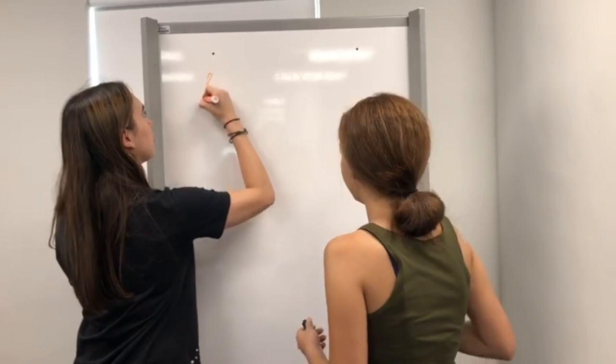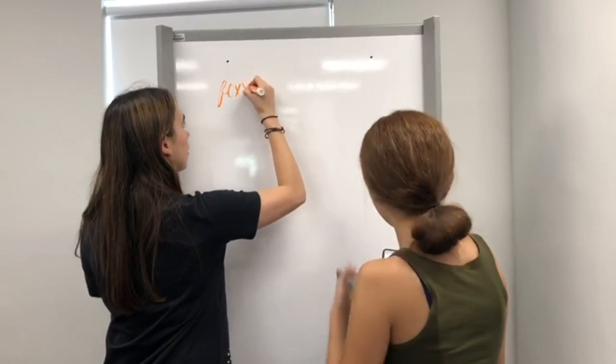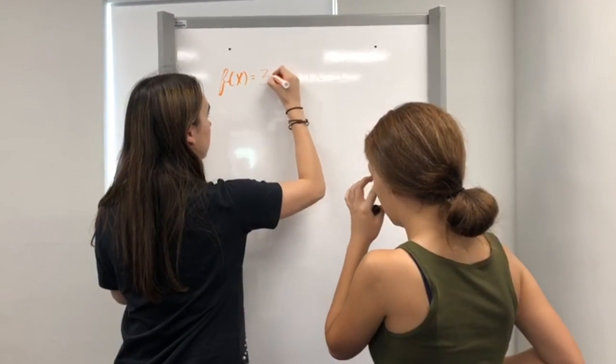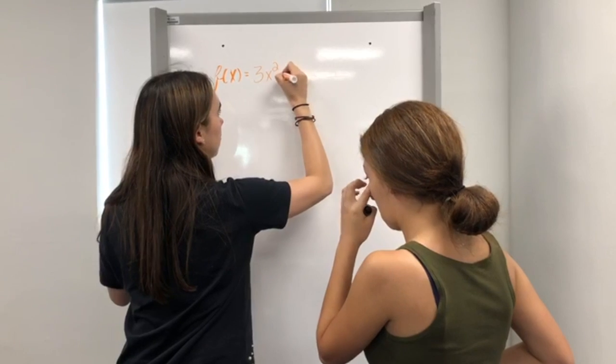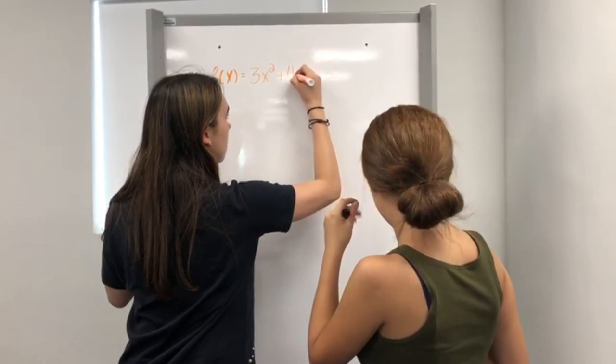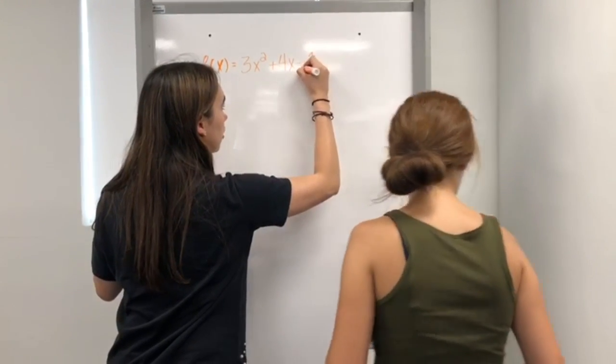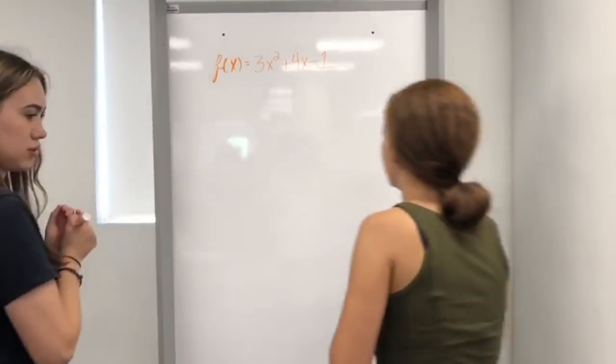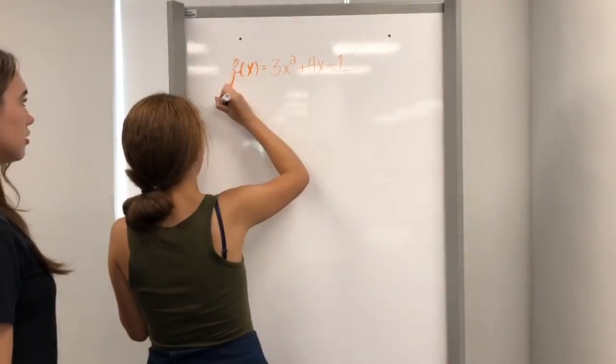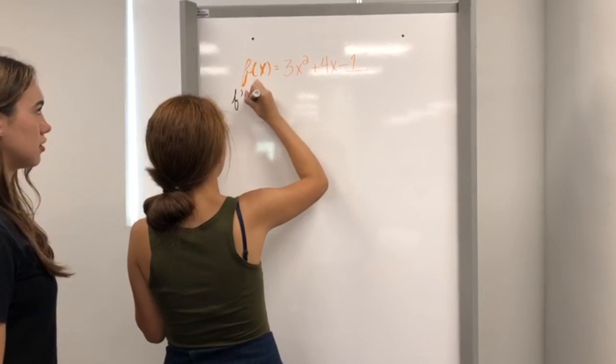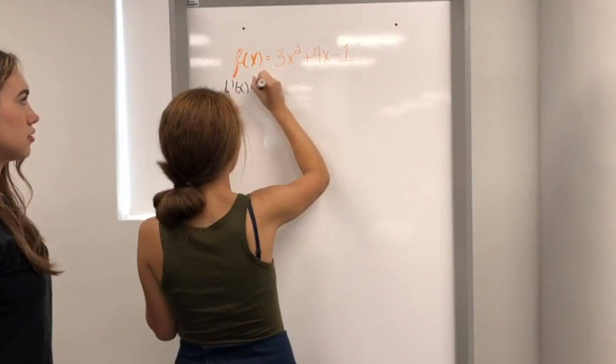We have to copy the problem. That is, f(x) = 3x² + 4x − 1. Then we begin differentiating. So it will be f'(x)